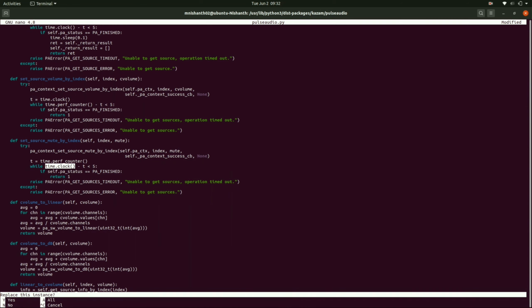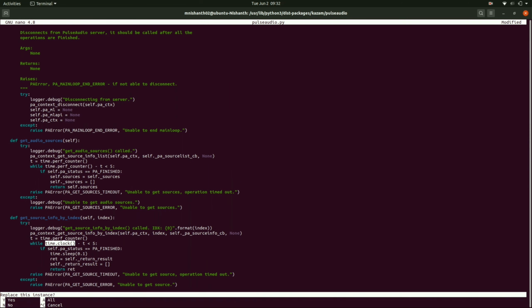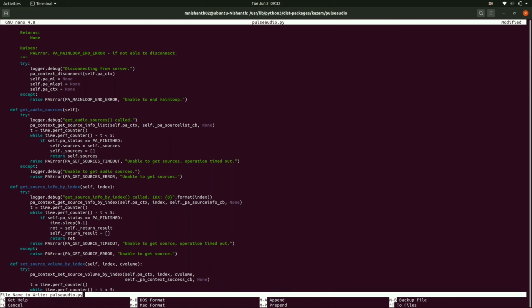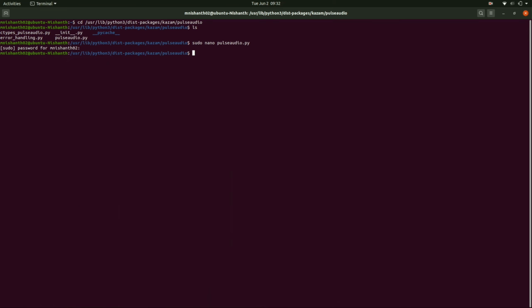Now you can choose to replace individual ones with Y or click A to replace all. If you see here, it replaced 8 occurrences. Click Ctrl X to exit and click Y to save.